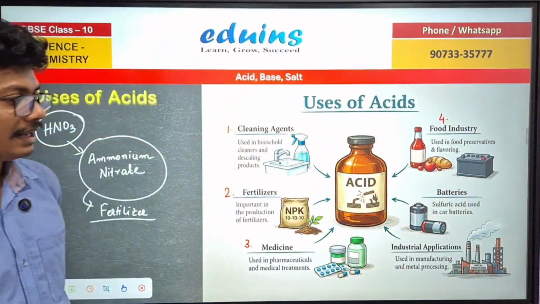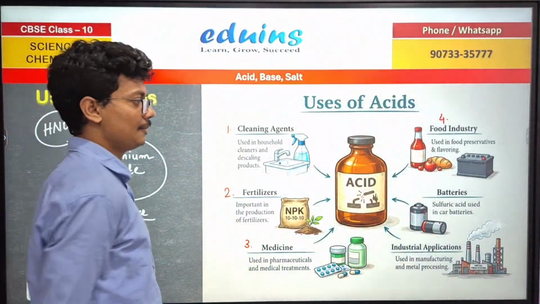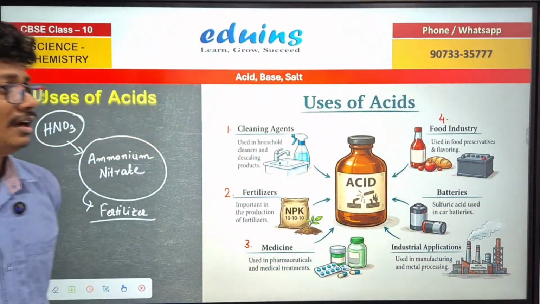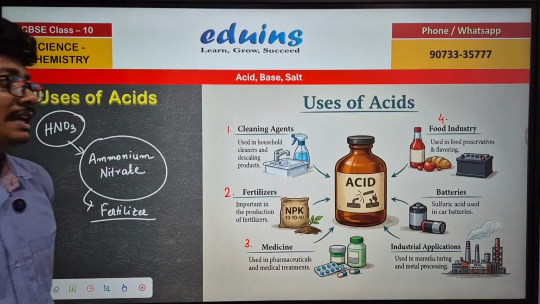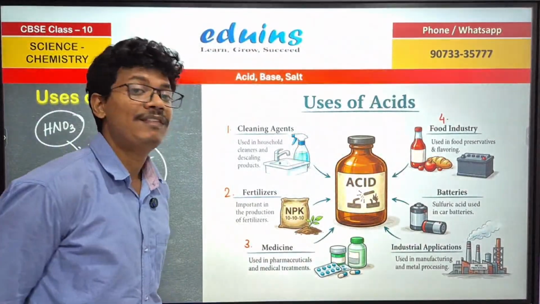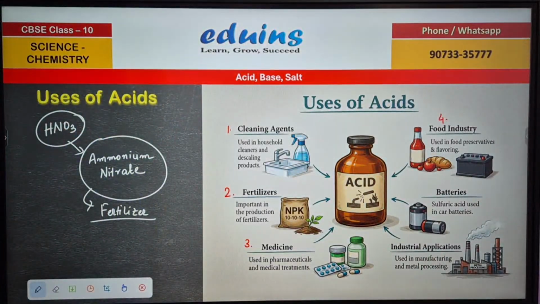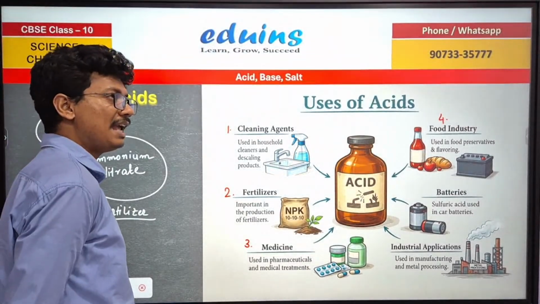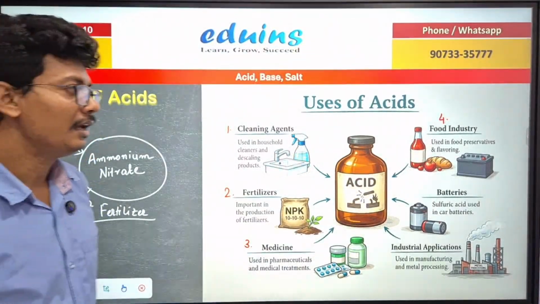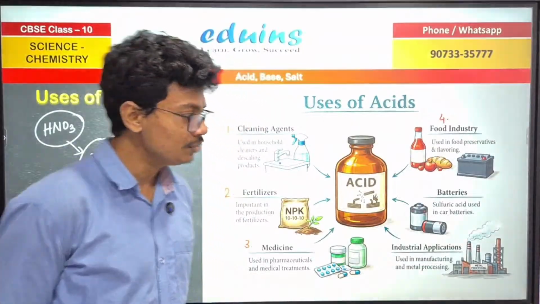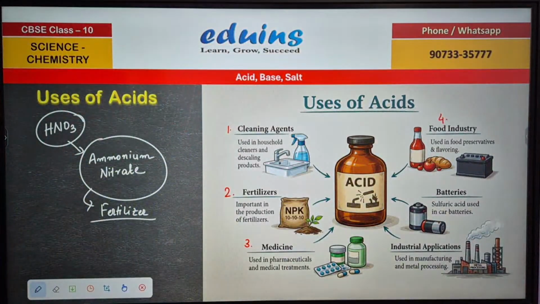Okay, vinegar में क्या रहता है? Acetic acid रहता है। प्रिजर्वेटिव्स के अलावा वो फ्लेवरिंग के काम में भी आता है। ठीक है, सो फूड इंडस्ट्री में एसिड का क्या यूज है? पहला वाला कि वो प्रिजर्वेटिव के थ्रू यूज होता है, और ऑल्सो इट कैन यूज एज अ फ्लेवरिंग एजेंट।